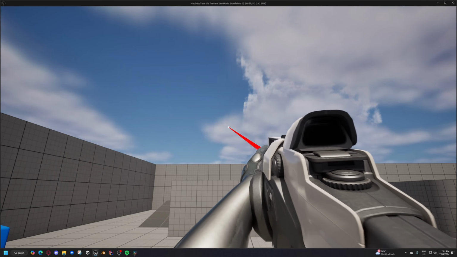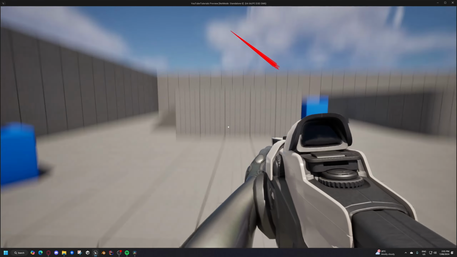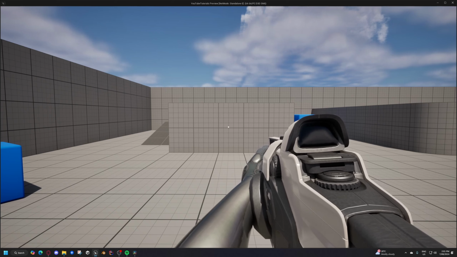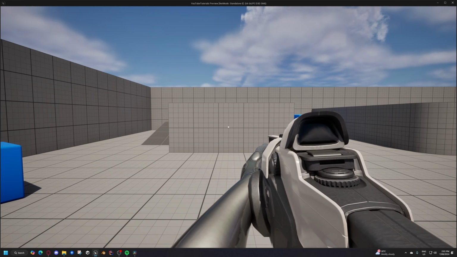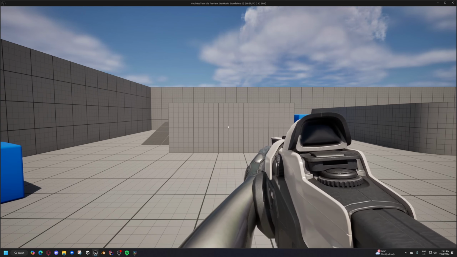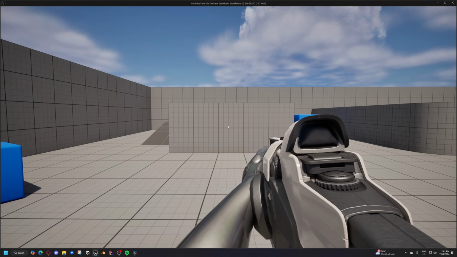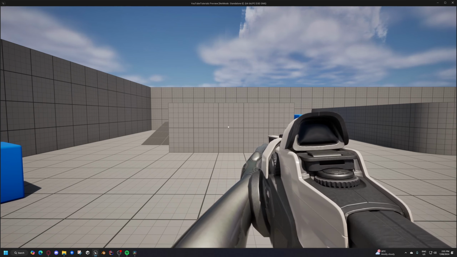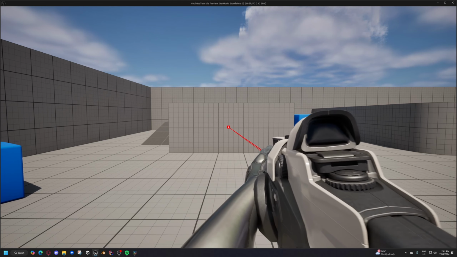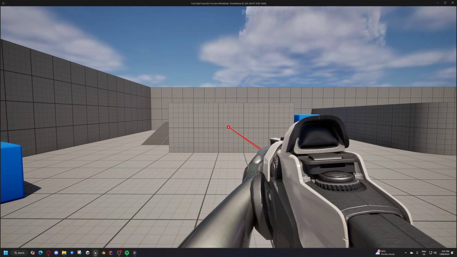This is the system that I do use for my actual current FPS game that I'm making, but this is set up quickly so the values aren't adjusted and fine-tuned correctly, as well as the curves that we'll be using. So we are using curves in combination with timelines as well, and so this is very customizable, guys. So if you don't like what you see completely, you can just go and customize how aggressive you want the actual gun to be. If you want it to be very snappy, very loose,